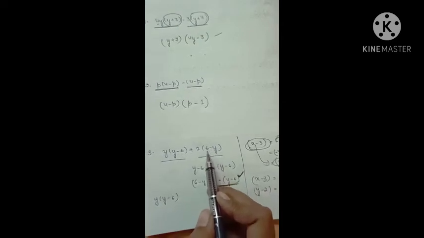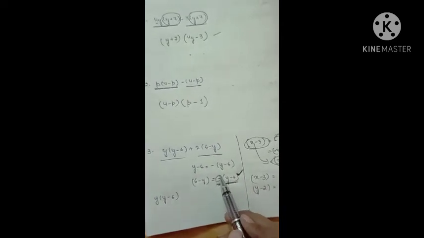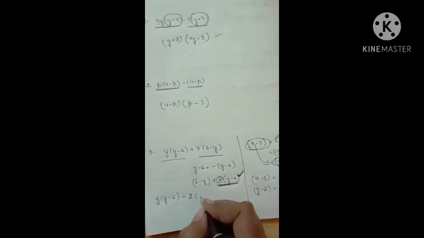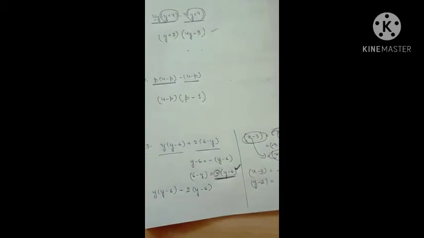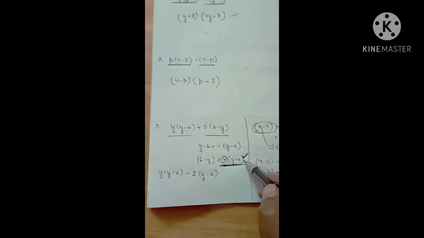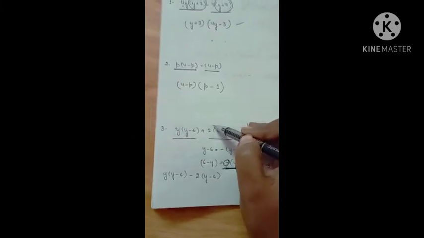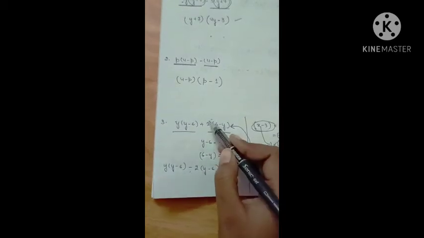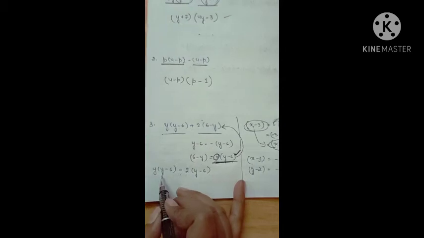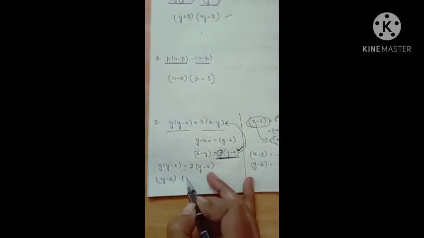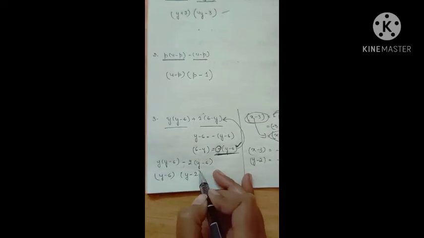Now we are going to change this. So here we have minus, right? So this minus and this plus, minus 2y minus 6. Okay, clear everyone? We are placing this here, right? So this minus sign is coming here. So this is minus, plus minus, then 2 and y minus 6. So here now you can take y minus 6 as a common factor, and here what is left? Y minus 2.